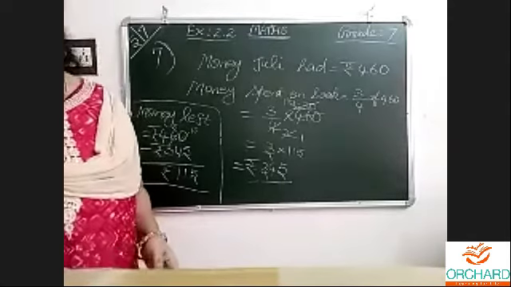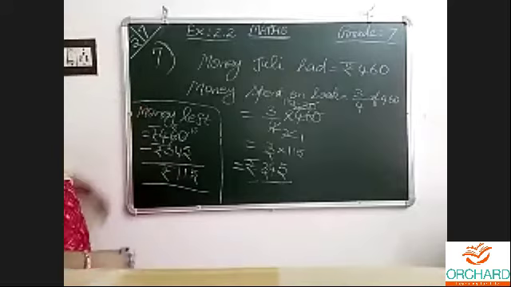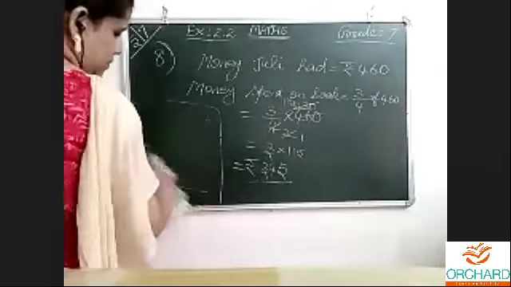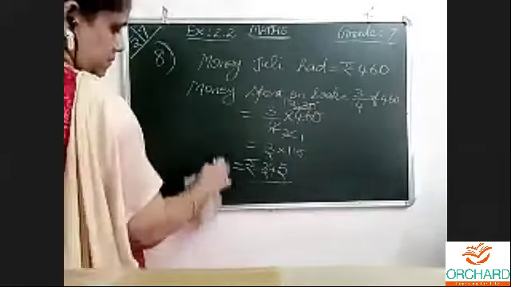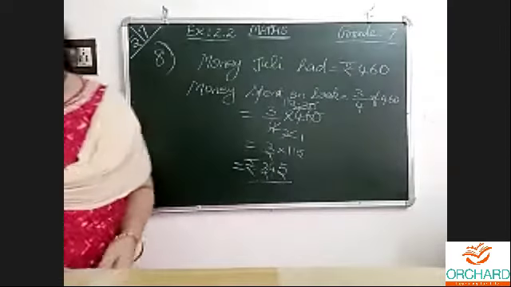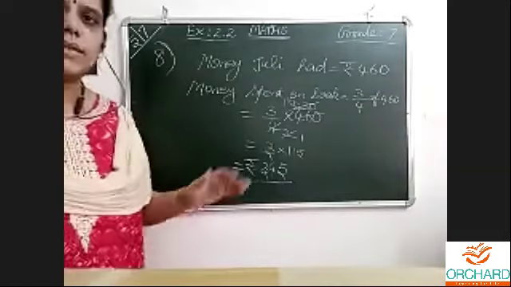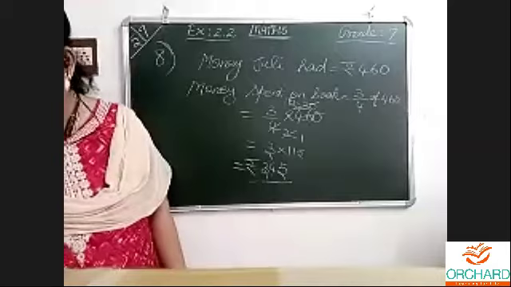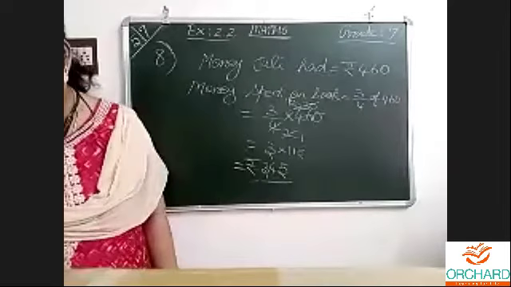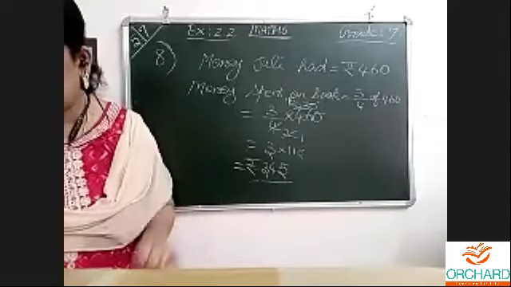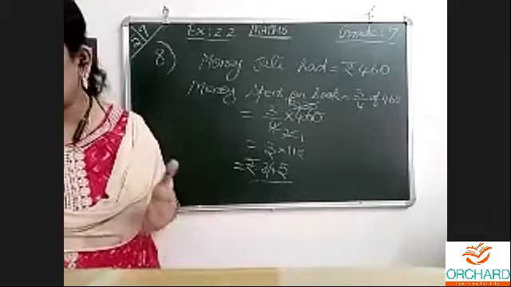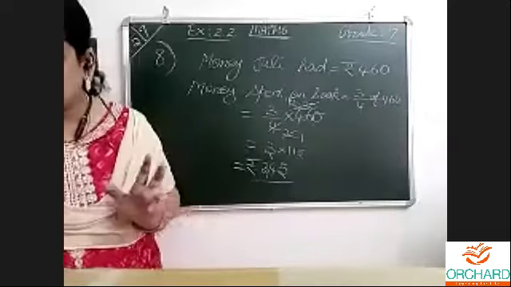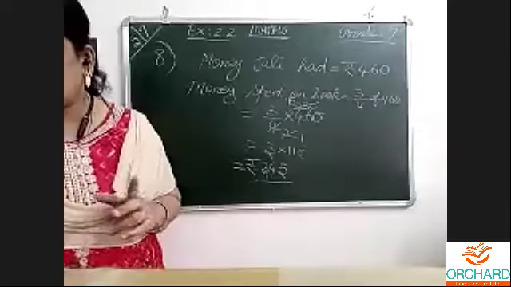Now, question number 8, after completing 7. I'll read the question. After that, I will erase this. After that, if you want, you write. Question number 8. Ria had rupees 400. She spent 2/5 of the money on a ride. Ride means some horse rides, whatever it may be. And 3/8 of the remaining money on video game. How much money did she spend on video game?